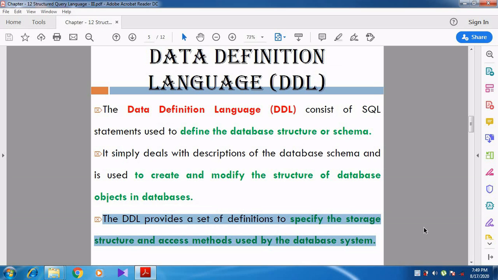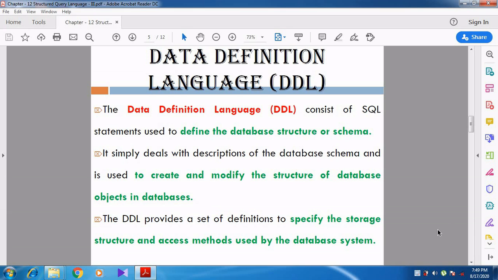Whenever they ask for the contact number, will you write the email ID? No. They are asking for the mobile number, so we fill in the mobile number. Like that, these specifications, storage structure and access methods, everything is specified using the DDL, data definition language.